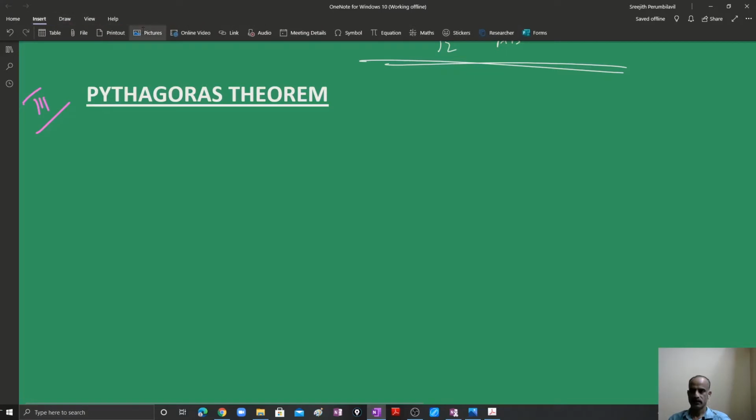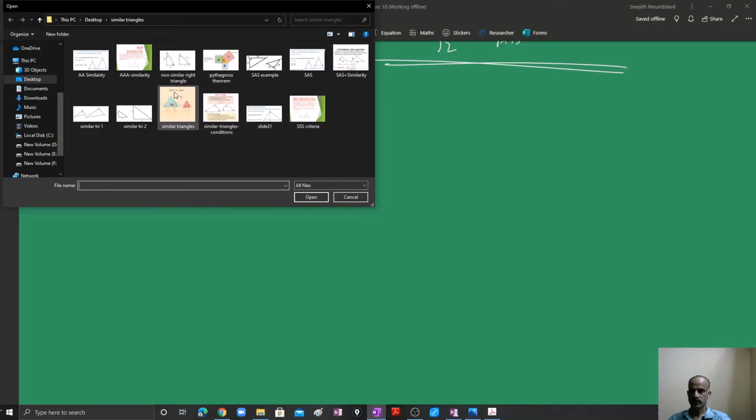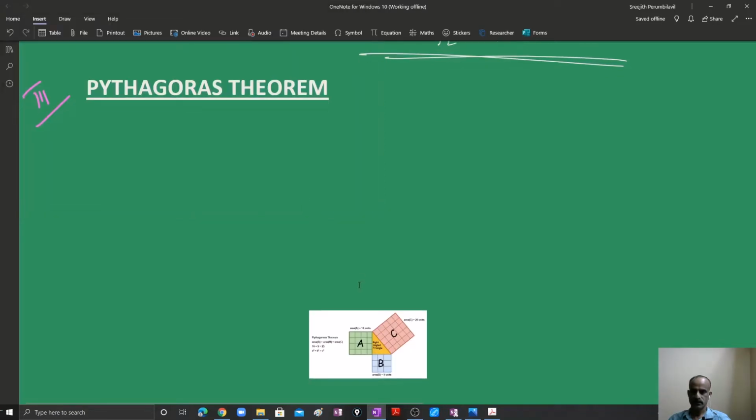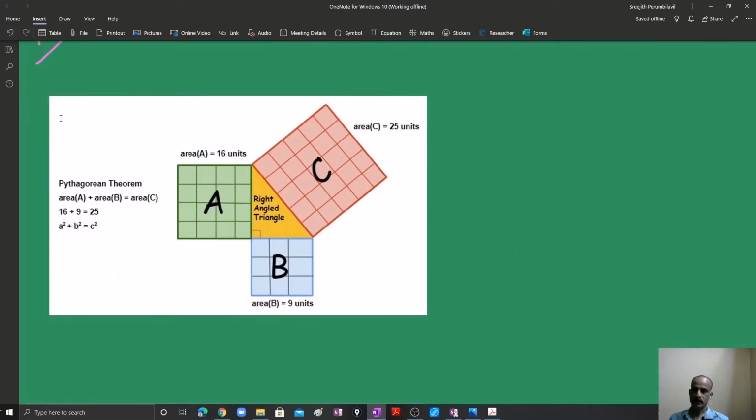In fact, we'll put up a figure in that regard and see what it is. This is what we mean by Pythagoras theorem, very simply explained in simple words. There is a right triangle. We can name it A, B and C, or we can write it as P, Q and R. This is a right triangle.